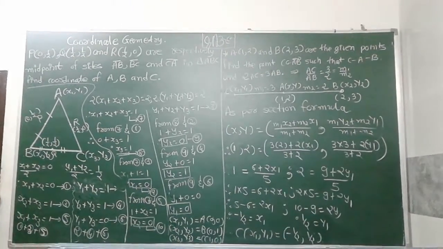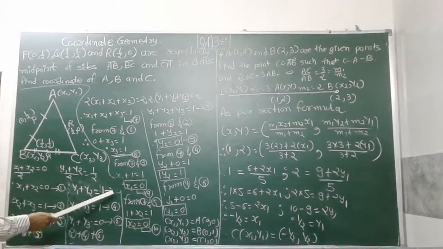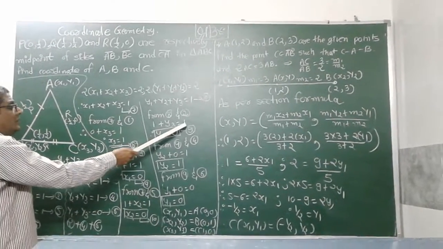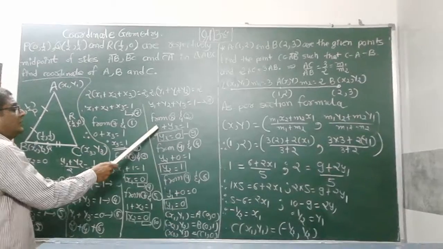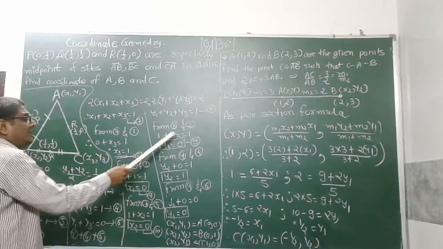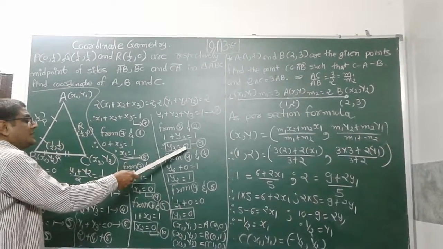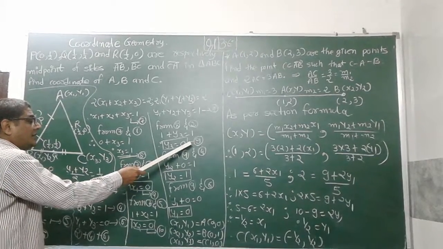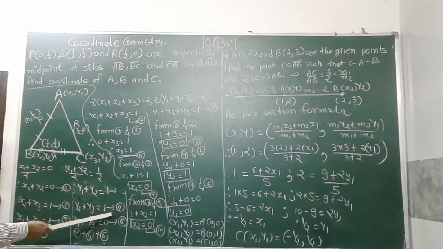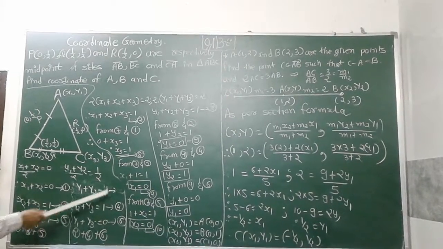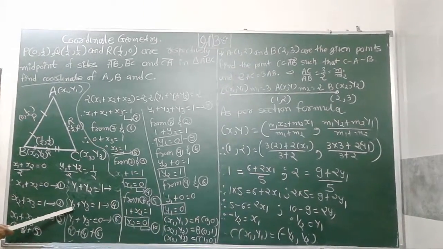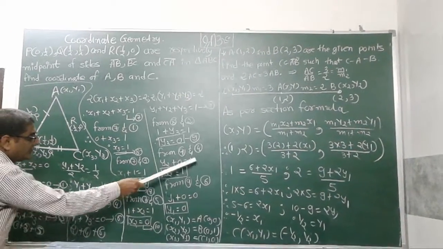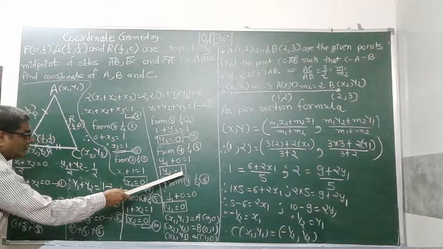Same way we are using equation number 8 and equation number 2. So we are getting 1 + y2 is equal to 1. So y2 is equal to this one, it goes from left hand side to right hand side, 1 minus 1 is equal to 0. From equation number 9 and 4, we substitute the value of equation number 9 in equation number 4. So the value of y2 is 0. So y3 + 0 is equal to 1. So according to the linear equation, y3 is equal to 1.